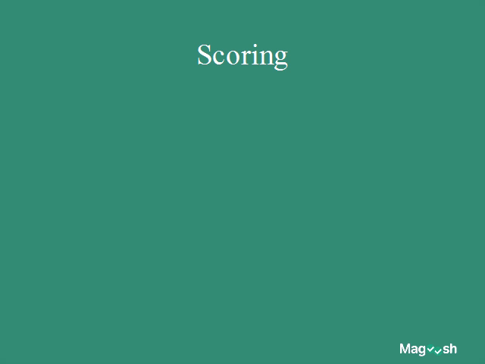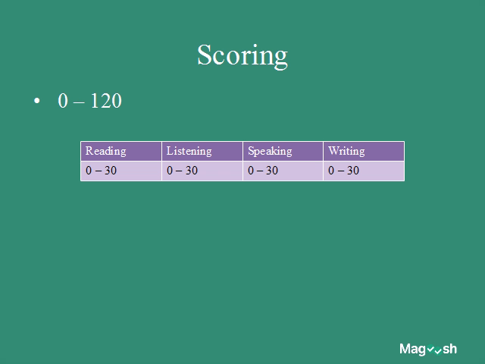Speaking of scoring, the iBT is scored from 0 to 120. By the way, as I mentioned, the PBT is a very different test. It's on a completely different scale. I believe it's from 310 to 677 for some strange reason. I don't know why. But the TOEFL iBT is from 0 to 120, and it's made up of 4 scores from 0 to 30. That is, each section can give you points up to 30.